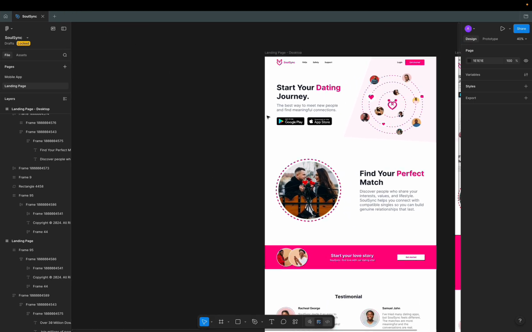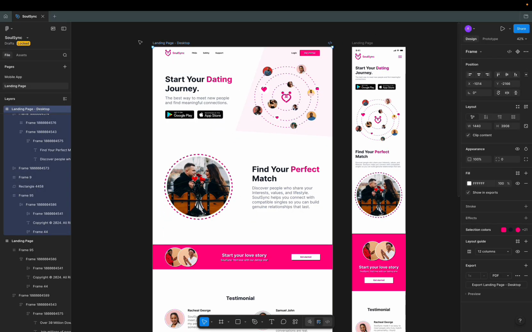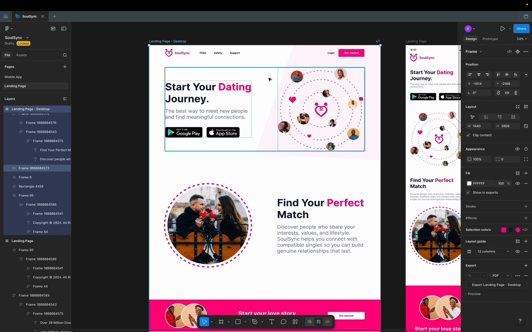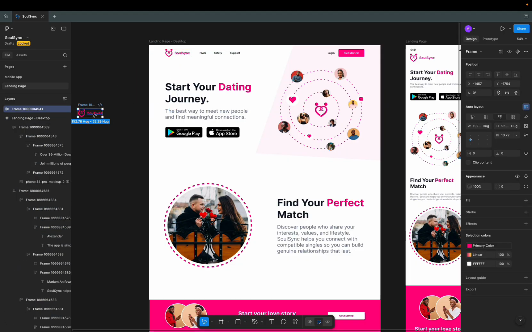I'm going to provide the link to this Figma. We can check the link in the description to access this Figma design. So the first thing I'm going to do is export this logo, and to export